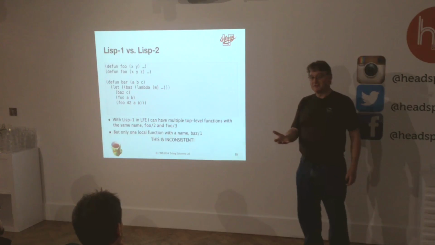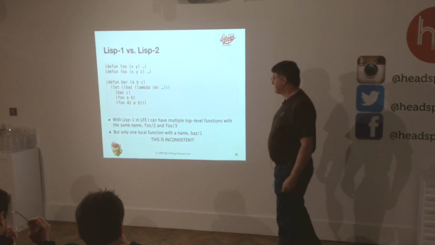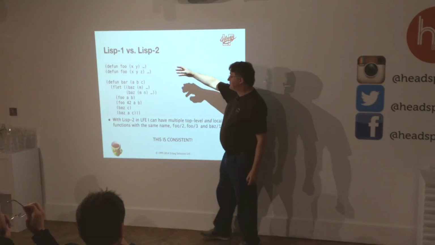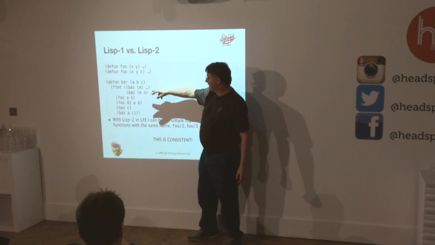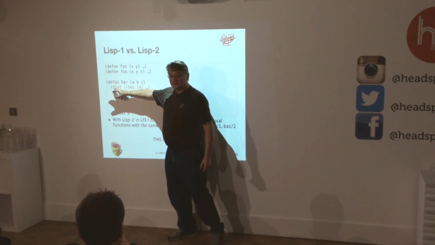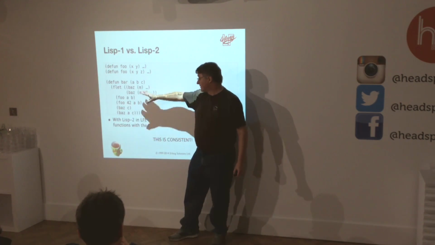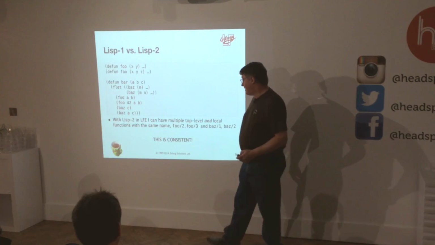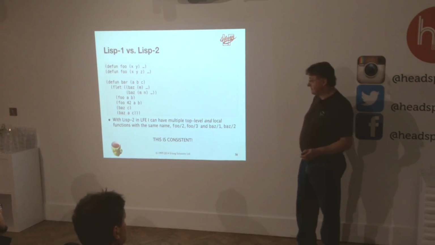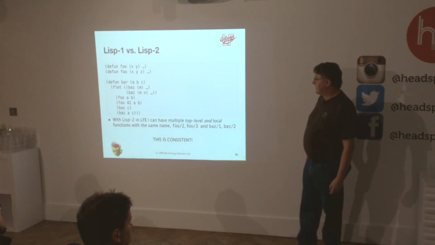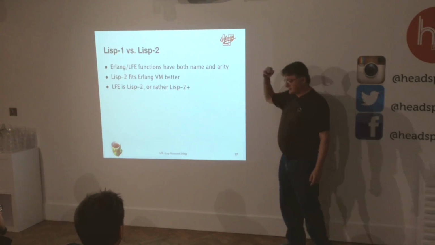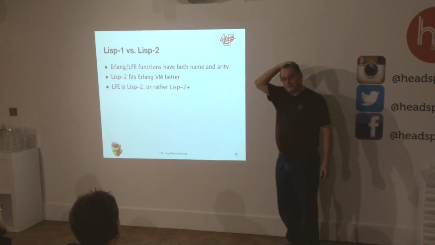Consistency is nice, because then you understand better what's going on. Things are consistent. So we went to Lisp 2. So I can have foo up here of 2 arguments and foo of 3, and I can have a baz of 1 argument and a baz of 3 here, because I define them through an flet here, which just says this is defining functions. So I can do this. It's consistent. Which is nice, but it's not quite the same as a lot of other things. Yeah. So that's why I felt it just fits better into how it works everywhere. Just makes it more consistent.